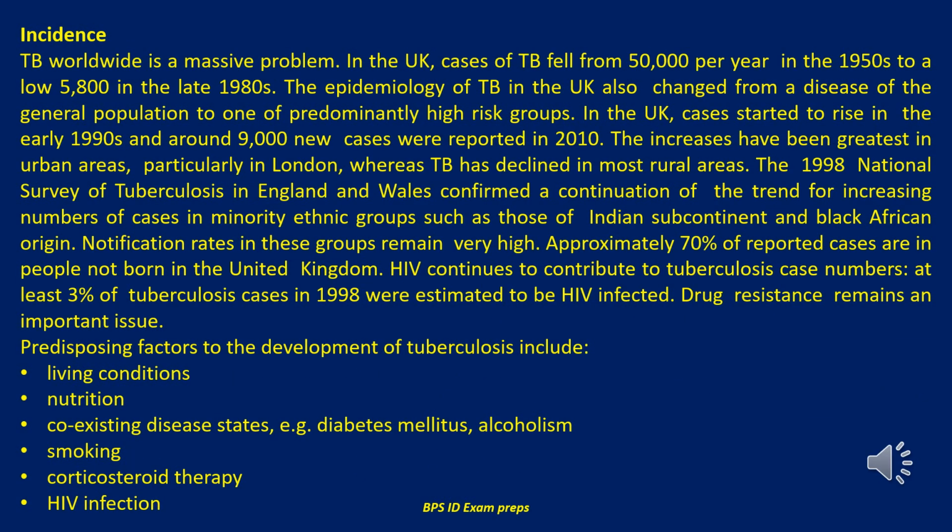Next we will discuss the incidence of tuberculosis. TB worldwide is a massive problem. In the UK, cases of TB fell from 50,000 per year in the 1950s to a low of 5,800 in the late 1980s. The epidemiology of TB in the UK also changed from a disease of the general population to one of predominantly high-risk groups. In the UK, cases started to rise in the early 1990s and around 9,000 new cases